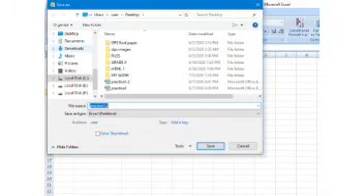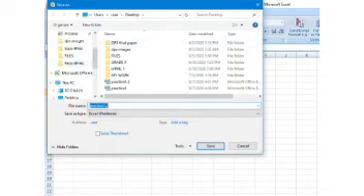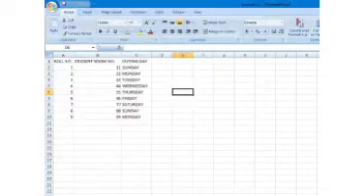Okay, and by saving any file this way, you should always remember the location where you kept that file. If you forget where you have kept that file, or you do not remember it in future, you might have a problem. All right, so this way we can change the location of any file.